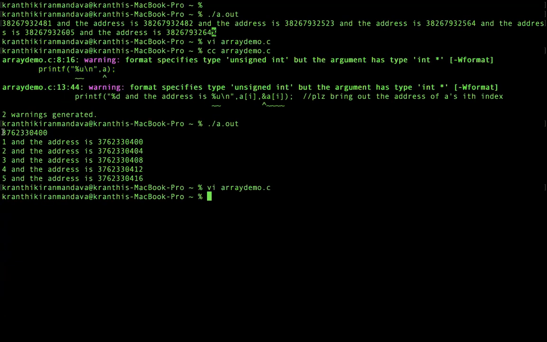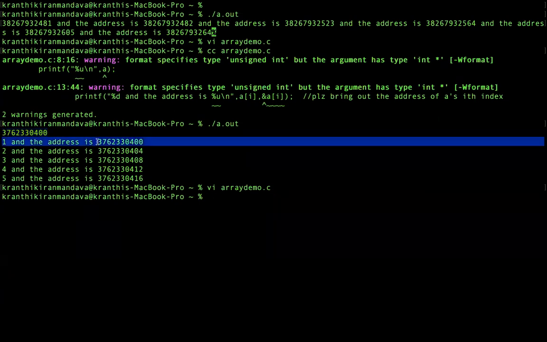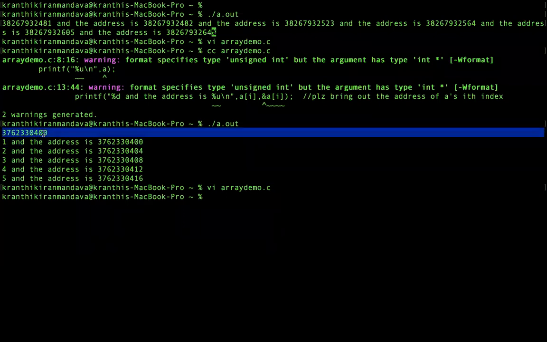So when I'm printing A, I'm printing this one. Earlier, when A was just an integer variable, I tried to print the value. But now A is not printing any value. Instead, it is printing something called an address. That is the starting address of this one. You see, this is matching with this, right? So for this, what is the address? It is the same, matching with A.